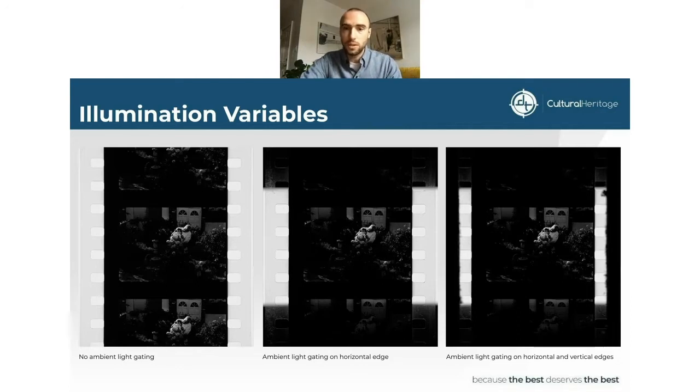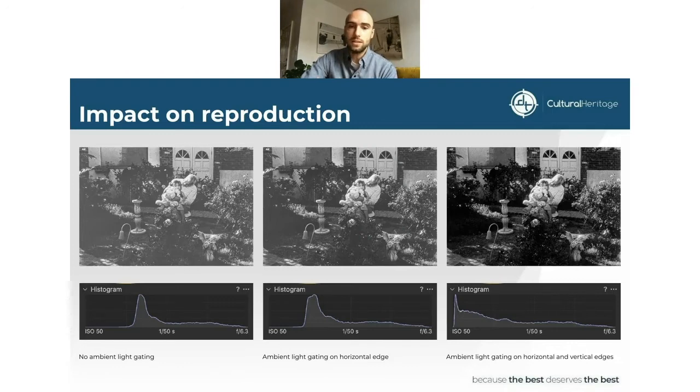I'm not going to gate all the way to the edge of the film. It's just not practical to do in mass. But even just a little bit does go a long way. And we can see a little bit through this example that we have less detail in the image on the right, where we have all of this gating going on. And it seems like maybe we have better detail over on the left-hand side with no ambient light gating at all. But what that actually translates into when we start to open up that file in the software, in Capture One, and stretch that raw data around,